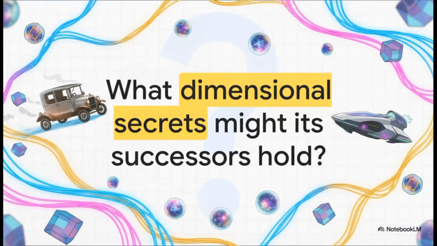Which brings us to the end of our explainer. Bosonic string theory was a spectacular leap of imagination, a 26-dimensional universe made of vibrating strings. And even though its own path integrals prove it to be fundamentally unstable, it laid the absolutely essential groundwork for everything that followed in the field. It really makes you wonder, if this mathematically unstable Model T gave us such profound insights into the underlying structure of reality, what incredible dimensional secrets might its supersymmetrical successor still hold, just waiting for us to discover?